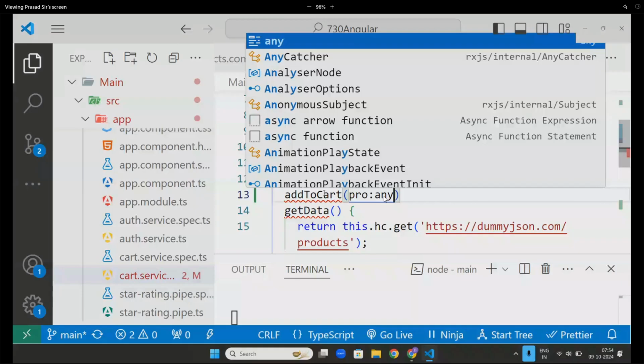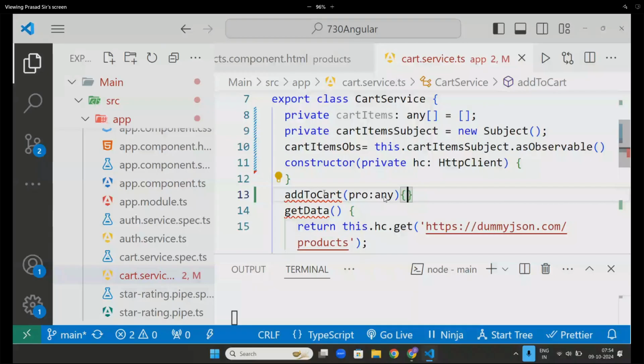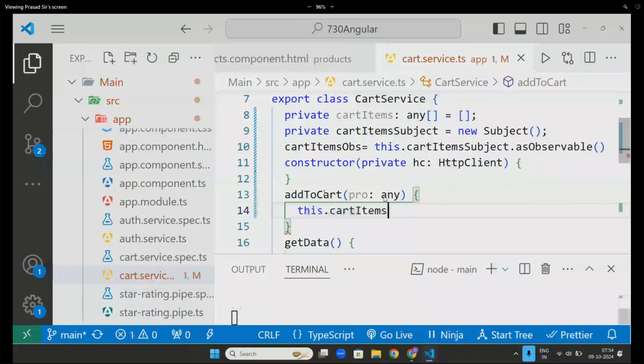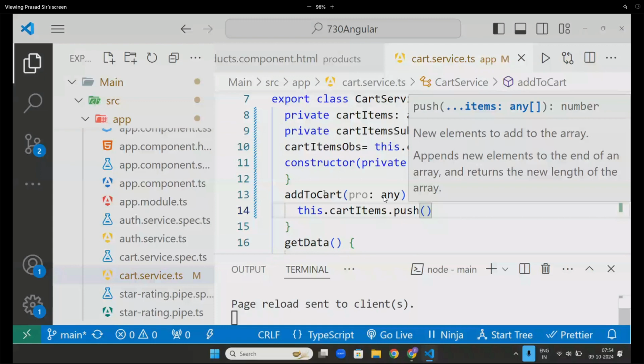Now in this product, what will it do? The moment a product comes, it will add it to my empty array. Push to the array. So the moment I get an object, I will push it.